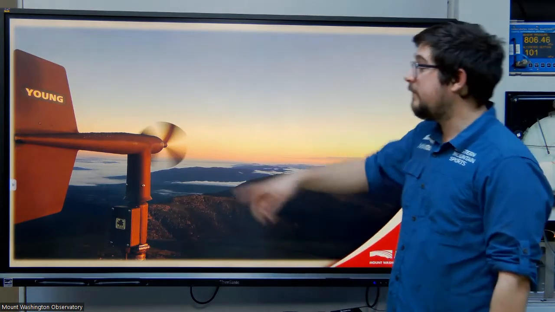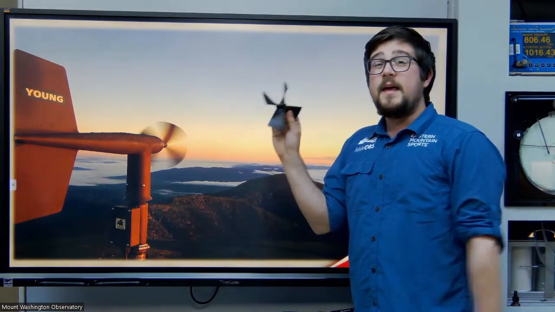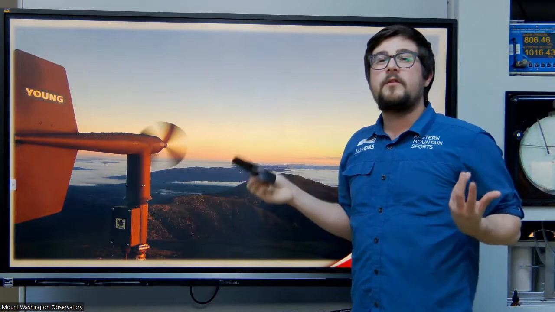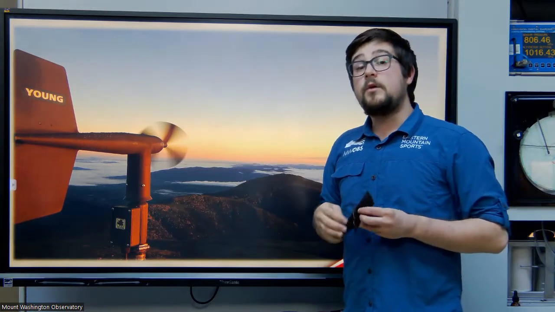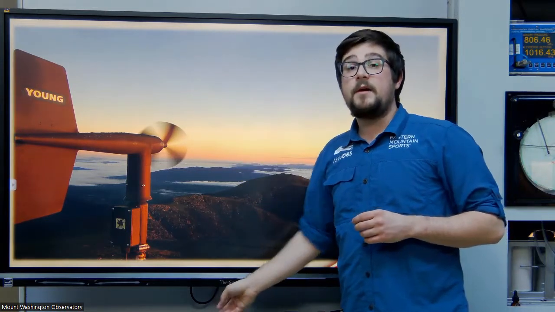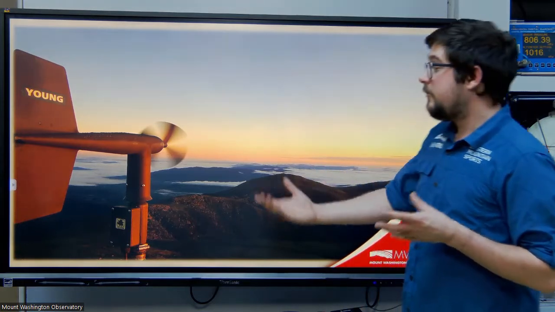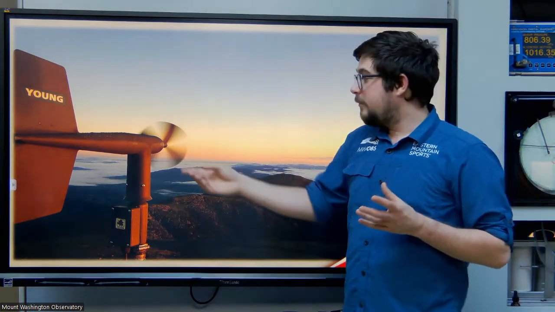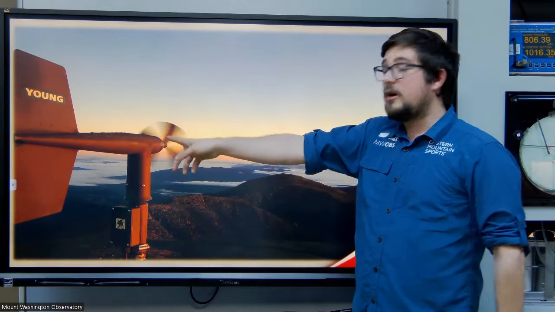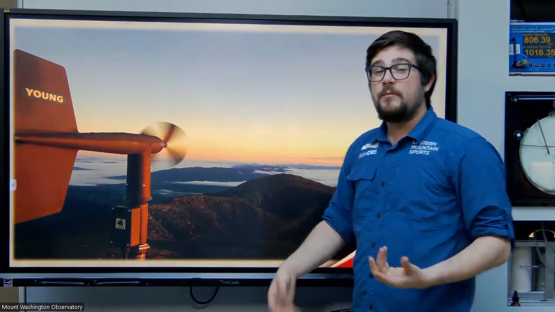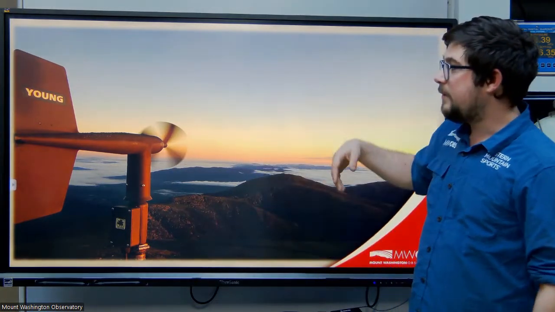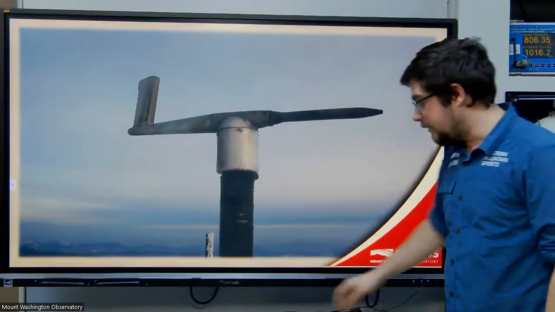Speaking of fins, this isn't the only instrument we have up here. It's made out of plastic, and plastic is great in the summertime. This is actually better in lower wind speeds. When we start getting that thick rime ice building up, we want to keep instruments safe and without getting damaged. The RM Young is not too good at not being damaged. So during the wintertime, we'll take the RM Young down and we'll transition over to the pitot anemometer.